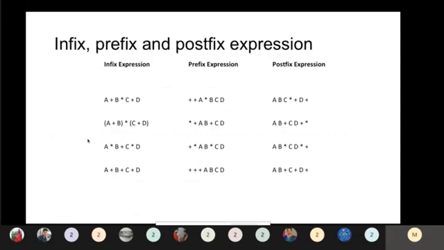Before applying the prefix or postfix conversion, we have some priority rules, that is, the operator priority. In operator priority, plus and minus both have equal priority. Likewise, multiplication and division get equal priority. The power symbol, that is the exponent, gets the highest priority when compared with plus, minus, as well as the asterisk and the slash.